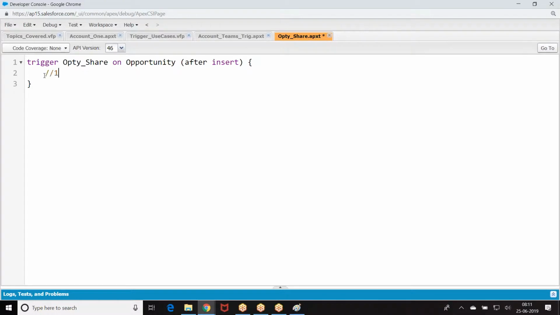Now, first, create a list which the user will see.